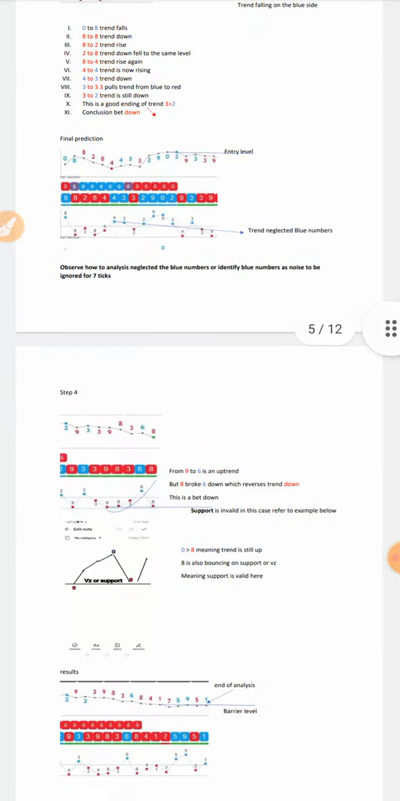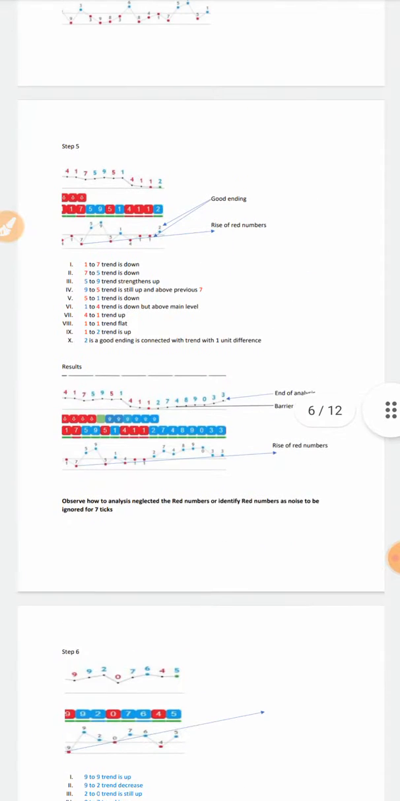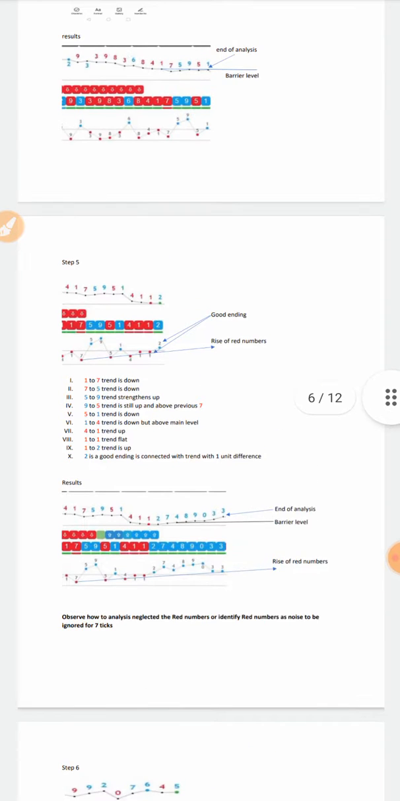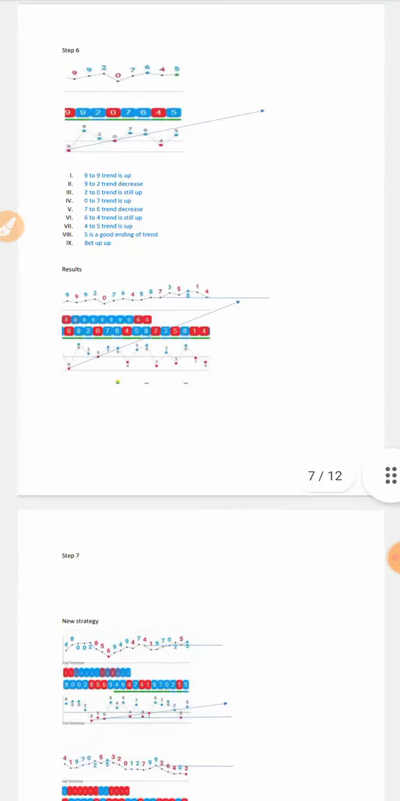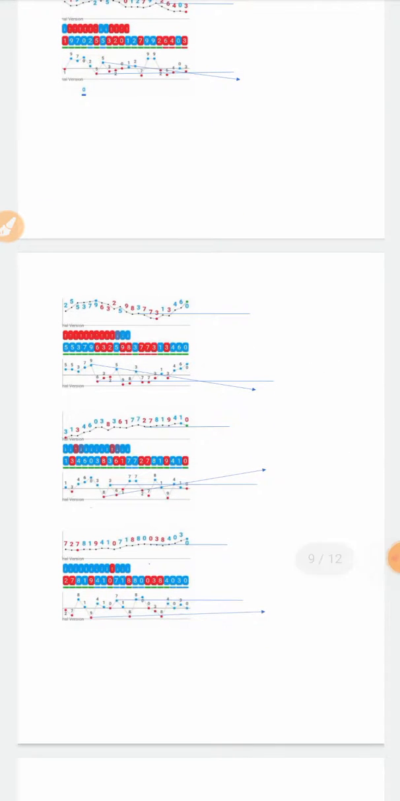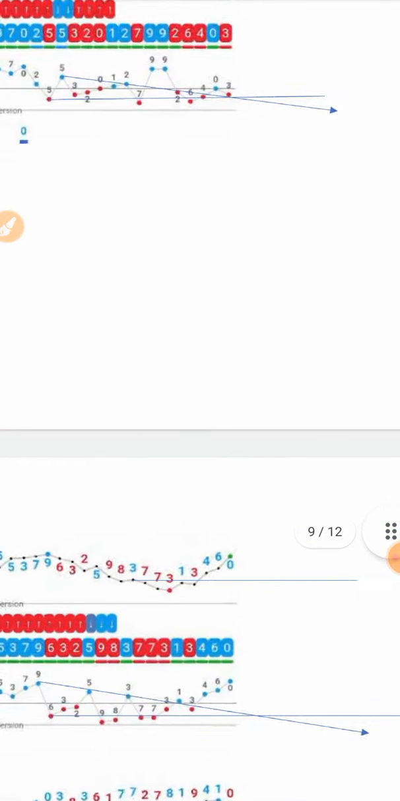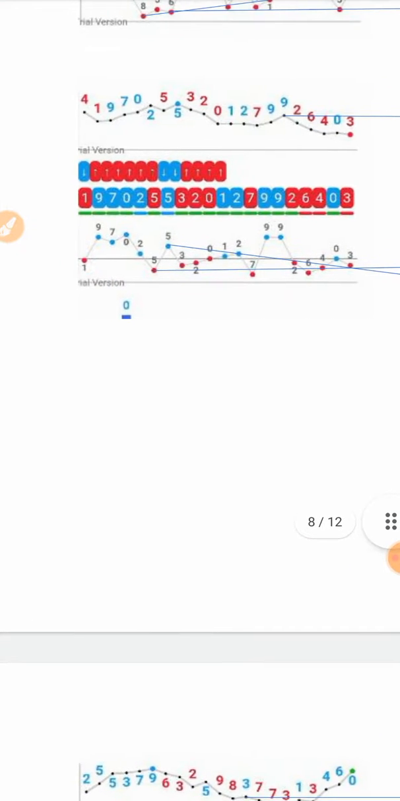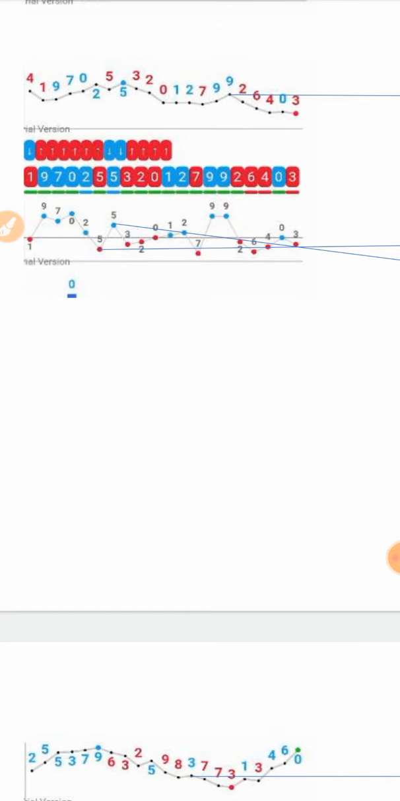I just hope the person that asked me to explain this has gone through this, and if you didn't, please go through this. With no waste of time, let's start. We can start here. First of all, this strategy